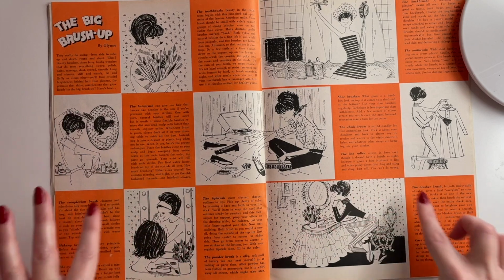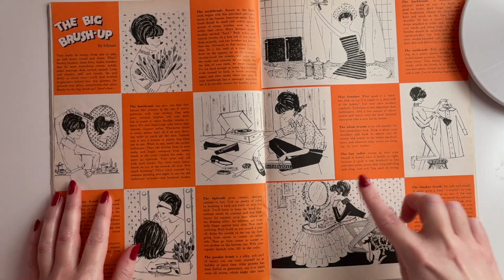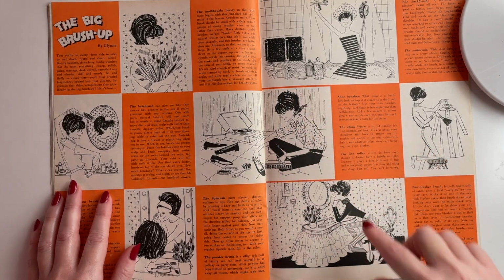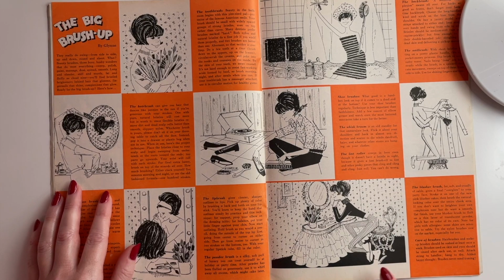These two illustrations are her at the vanity. She has a short hairdo. It's kind of kicky, and she has bangs, and it's quite sculpted in the back. And it has a tiny little flip. Hair flips were the vibe at the time, clearly. I love that they've done her pants with these lines in this illustration. It's really